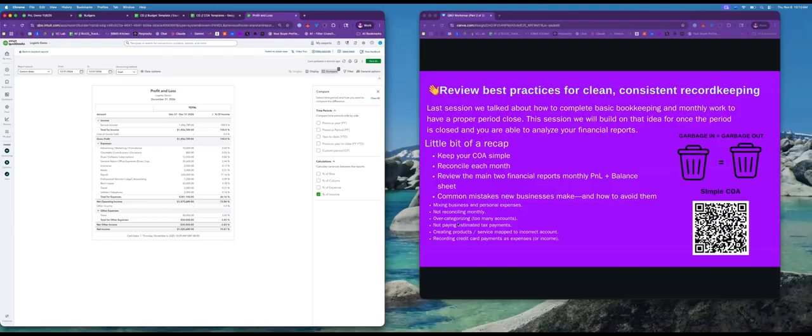Over categorization, too many chart of accounts, not paying estimated tax payments. That's not really relevant in analysis, but good reminder. Creating products and services mapped to incorrect accounts. Hopefully, if you're checking the two financial reports, you're able to see whether or not you're creating products and services that are mapped to an incorrect account. And we're actually going to create a product service later in the presentation,